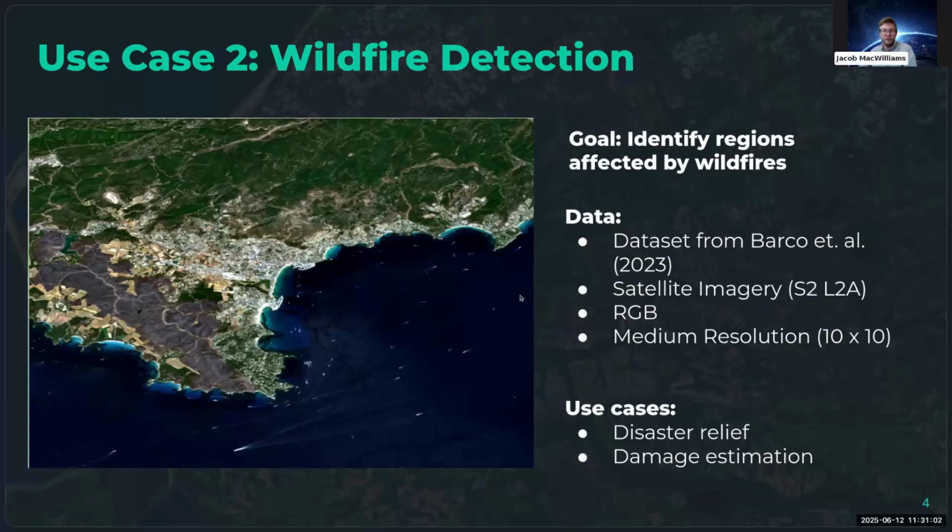The use case for this particular model is, by and large, detecting affected areas of a number of natural disasters, so disaster relief, in order to determine perhaps people whose houses were burned down and need assistance, or damage estimation to determine the financial impact that the wildfires have had on a given region. So of course, having a segmentation of these affected areas can be extremely useful and integrated into further pipelines.